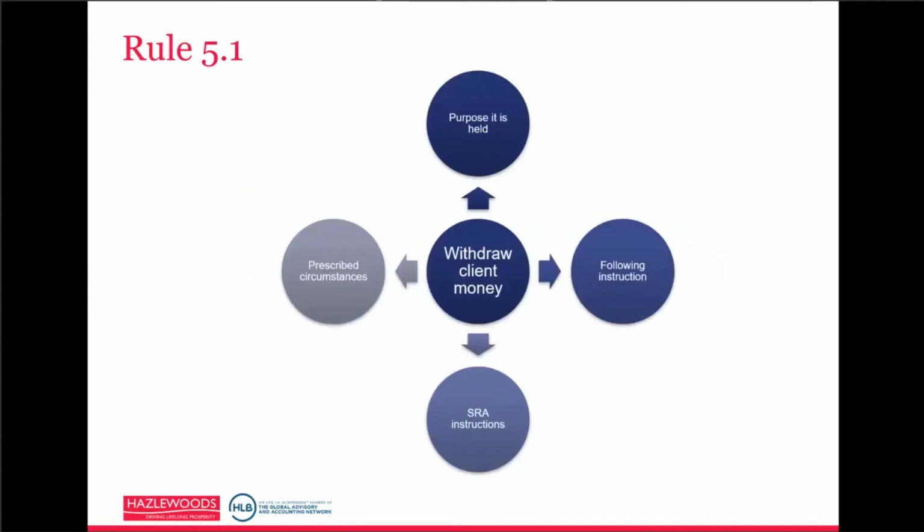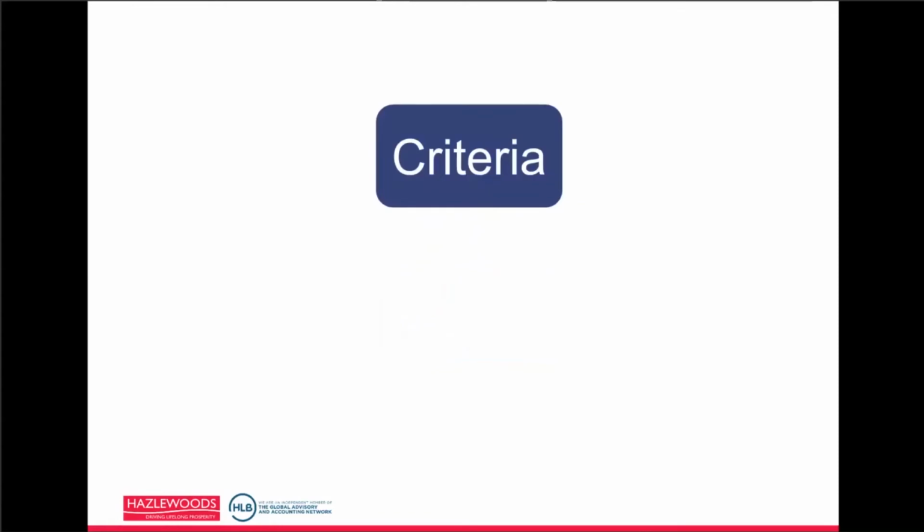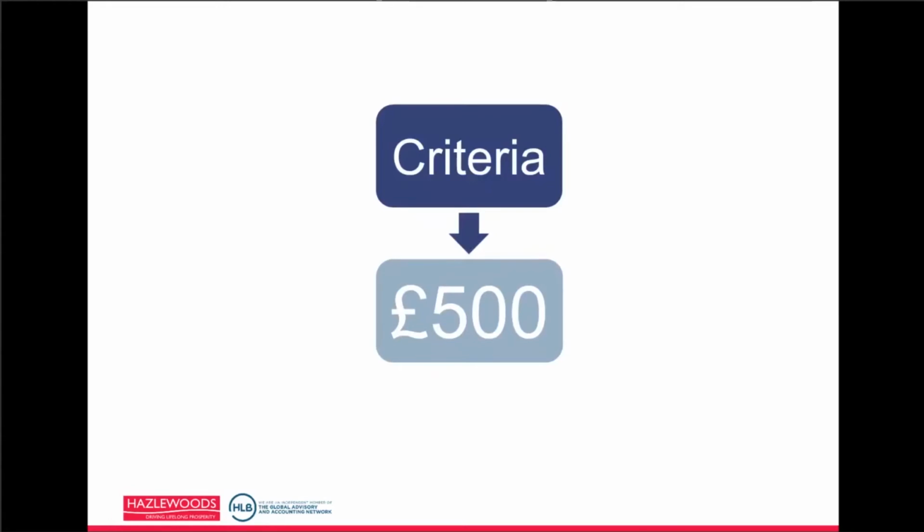Rule 5.1 says you only withdraw client money from a client account for the purpose for which it's being held, or following receipt of instructions from the client or the third party for whom the money is held, or on the SRA's prior written authorisation or in prescribed circumstances. Prescribed circumstances have been released which deal with the donation of residual client balances. You may withdraw residual client balances of less than £500 on any one client matter from a client account provided